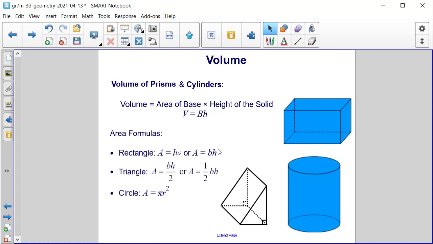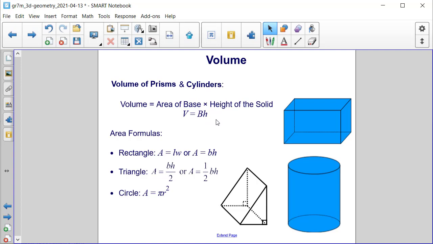And the area formulas that we'll be working with are the area of a rectangle, which is length times width, or base times height. Note that this height that's down here is not the same as this height of the solid up here. So it'll be helpful to label different measurements in the diagram using subscripts when needed. Similarly with a triangle, if you have a triangular prism, you would calculate the area of the triangular base first,